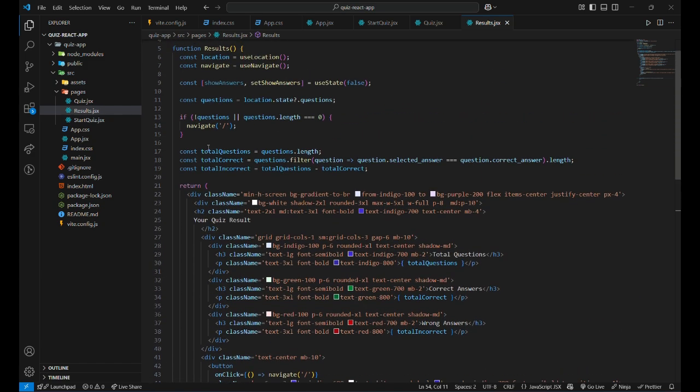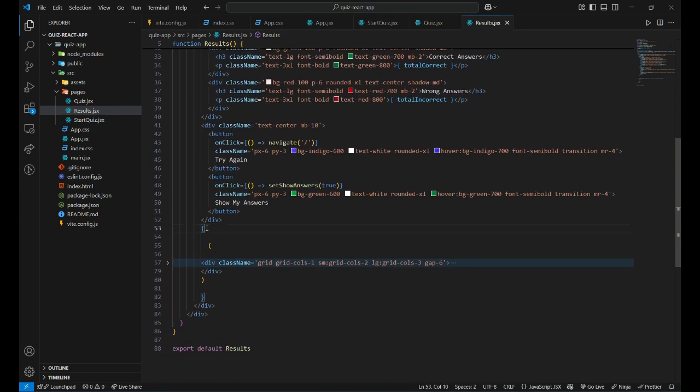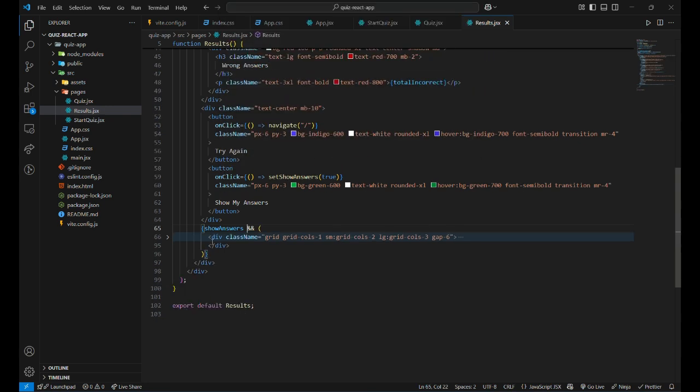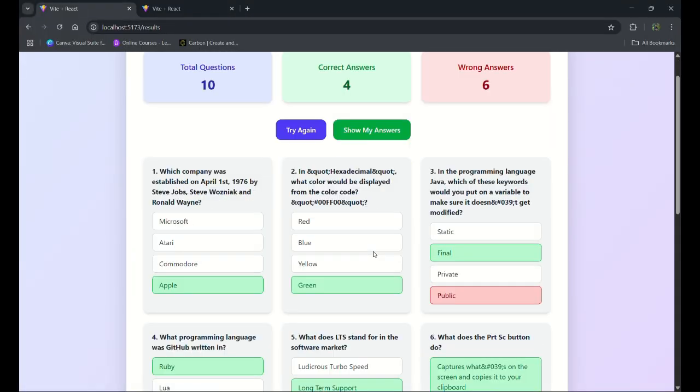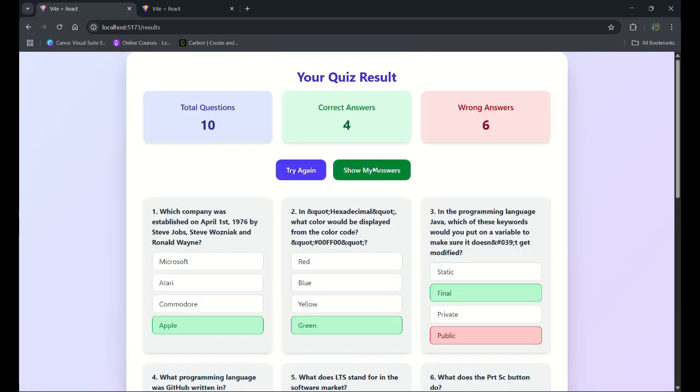Okay, we need to check if the show answers state is true or not. If it is true, only we need to show it. So we can do it in a shorthand like this. If this is true, if the show answers is true, we can see this div. Otherwise, it won't be displayed. So if I format this document, it will be appearing more neatly. Now if we check, yeah, by default it's not appearing, but when I click on the show my answers button,